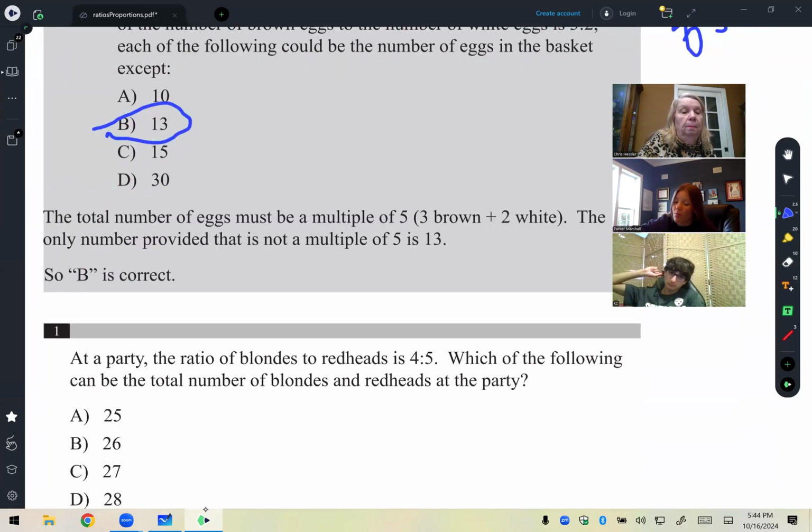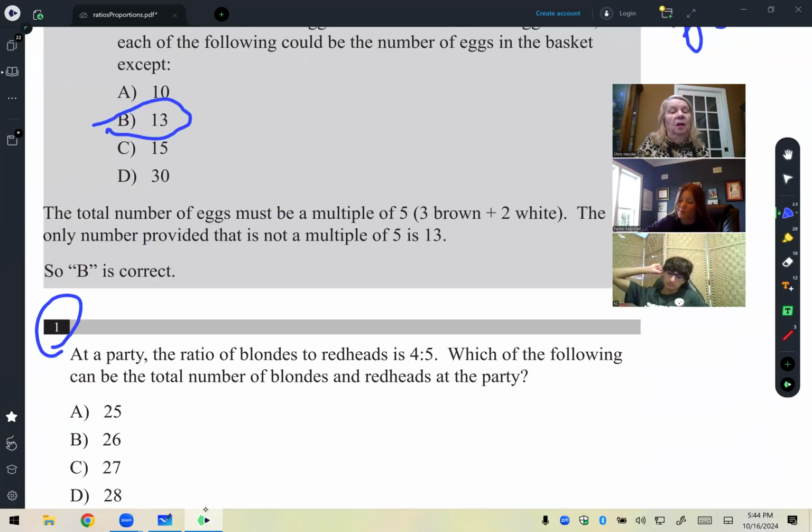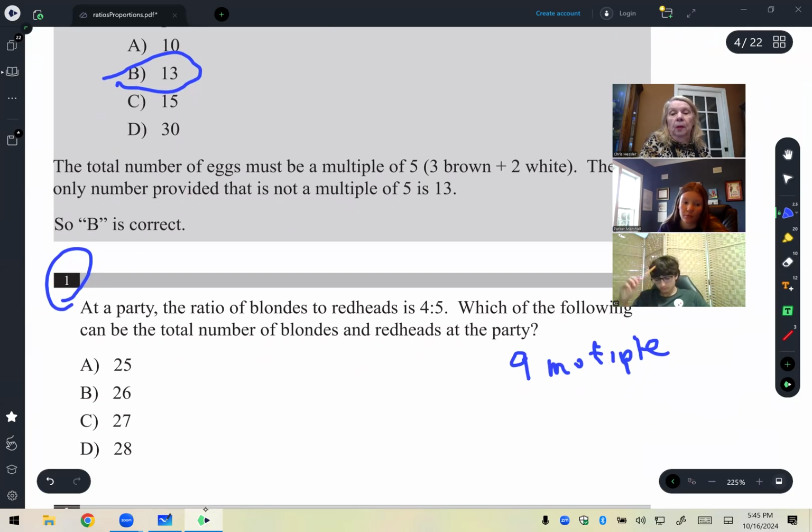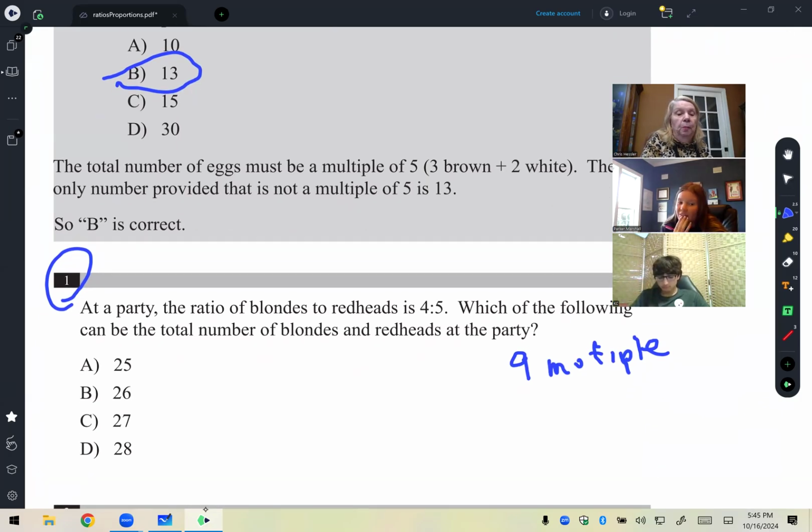Okay. At a party, the ratio of blondes to redheads is 4:5. So I have to have a multiple of 9, or I'd have a bloody blonde or NCIS problem, right? So Parker, which is the only number that's a multiple of 9 here? 27. Thank you. So it's pretty easy once you've seen how to do it. That's all I'm trying to do is,